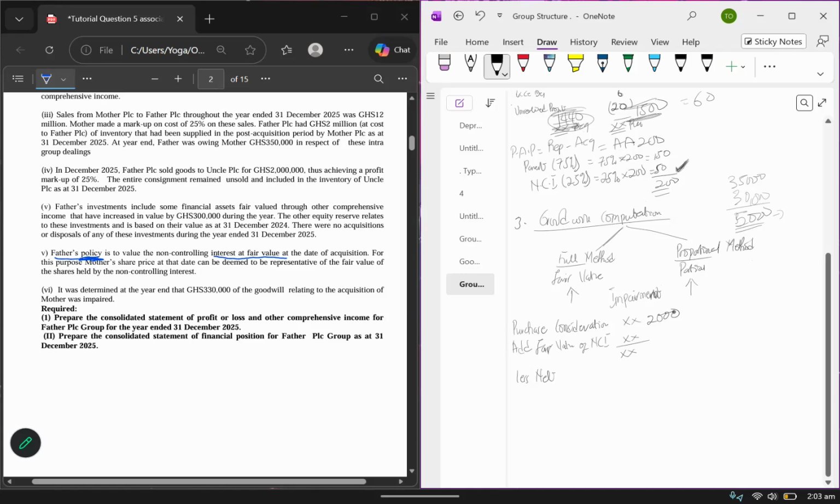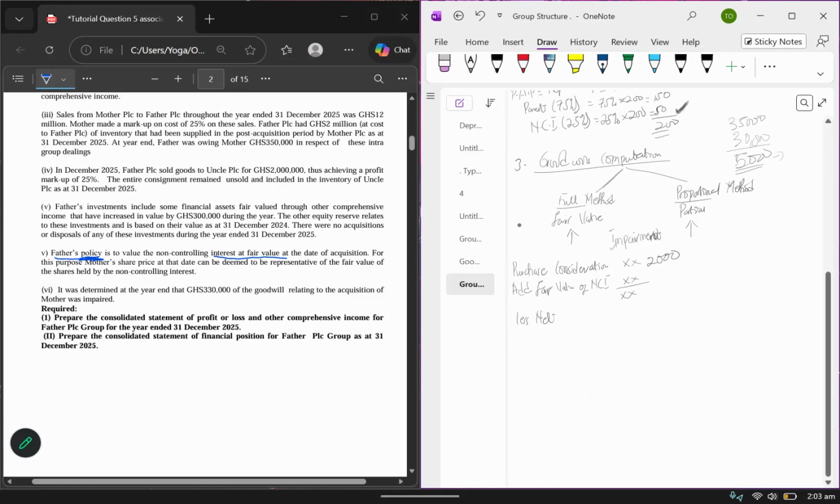2,000, okay, as the purchase consideration, and we know that the purchase consideration can come in different ways. It can be as a share exchange. It can come in the form of loan. You give out a loan, okay, to the subsidiary. It can be a direct cash payment, deferred consideration, contingent. So the contingent is when you are waiting for the fulfillment of a condition by the subsidiary before you make the payment. Deferred payment is, let's say you've deferred the payment, okay, you'll be paying them maybe 2,000 cedis in 2 years' time. Okay, in that case, that 2,000 cedis that you're supposed to pay in 2 years' time, time value of money, you bring it to